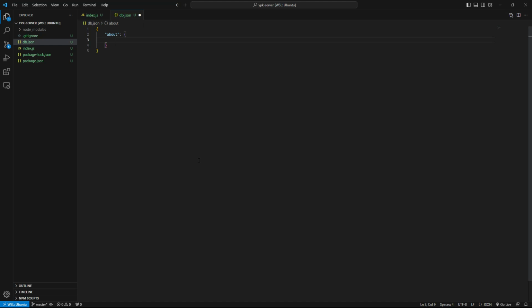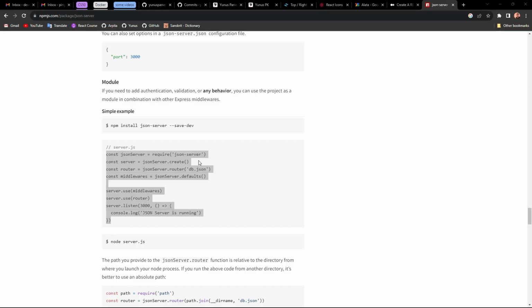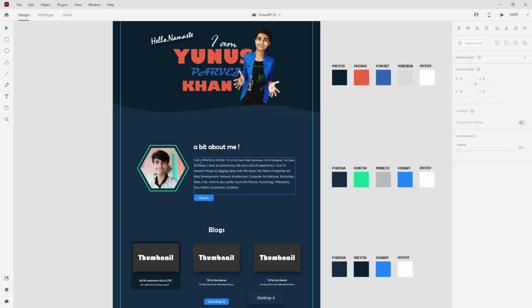Inside that object we're gonna have either about section or, okay, we can have a widget. We're gonna have a widget, and that's gonna be another object, and then we're gonna have page, and that's gonna be another object. In the widget, what are you gonna have? In widget, we're just gonna have image, heading, and